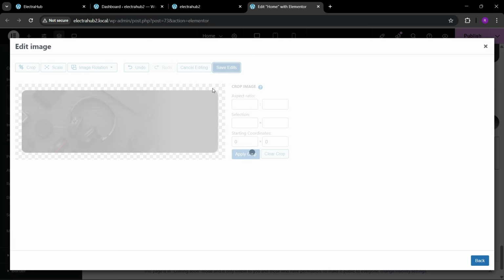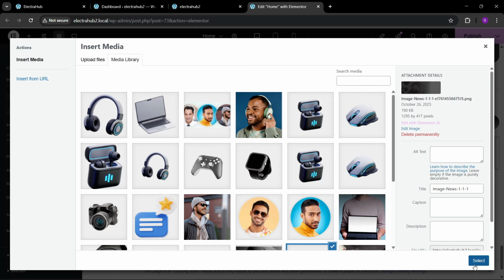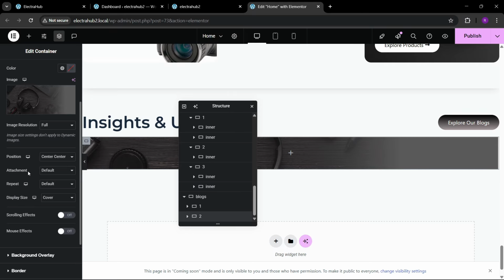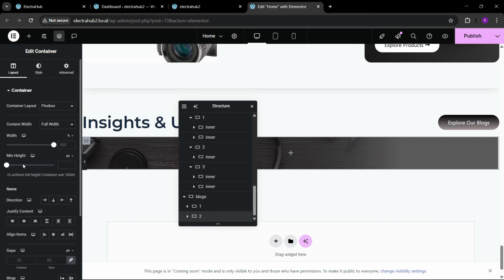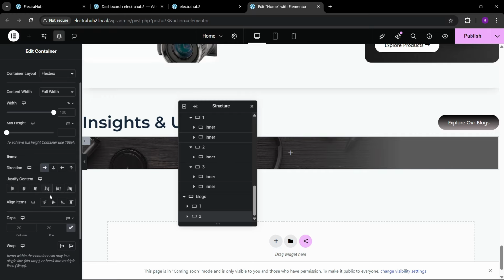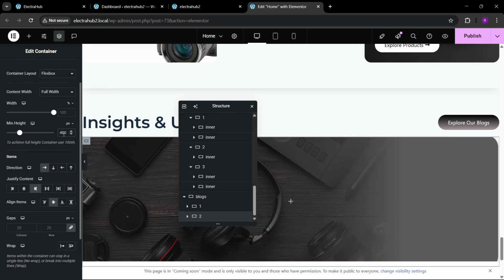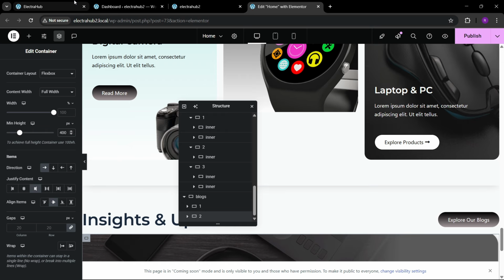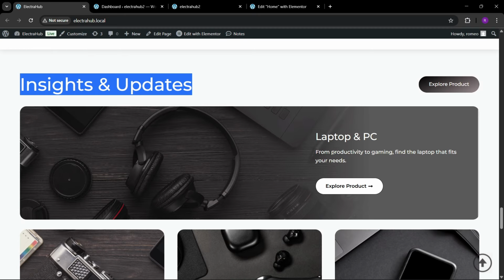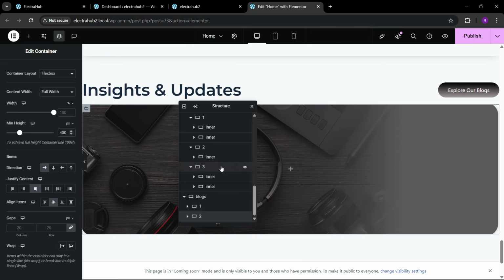Now let's save edits. Okay, save this. Now let's select. Okay, and here you can see that for the featured, here we can have this in the center, and the height would be a little bit, I think 400. Let's keep this. Okay, now we're gonna go for this. Okay, so this will be 2